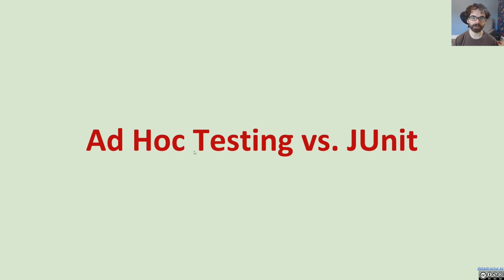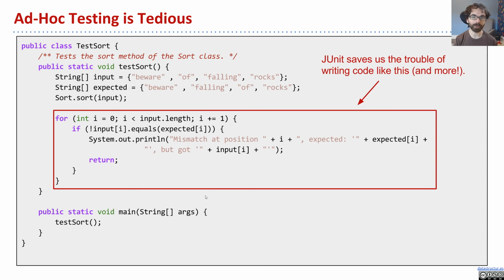What we just did in the previous video was ad hoc testing. We just used what we knew. We wrote very special purpose code that tried to test our sort method. Now, the part that really was annoying was this piece of code. It's just tedious to write something like this. And imagining having to do this for everything, it seems like testing is just a job that we really want